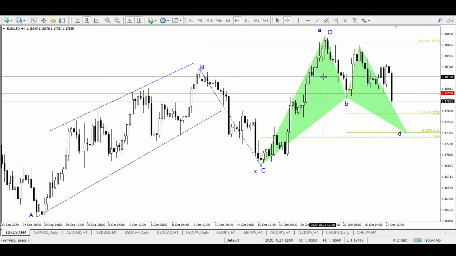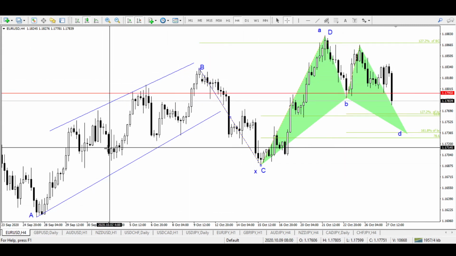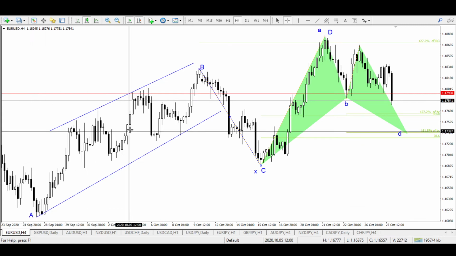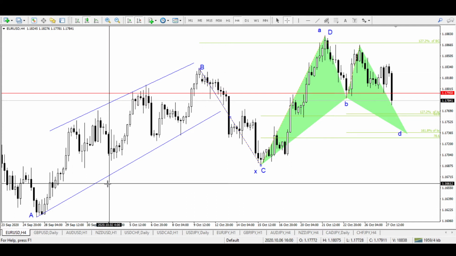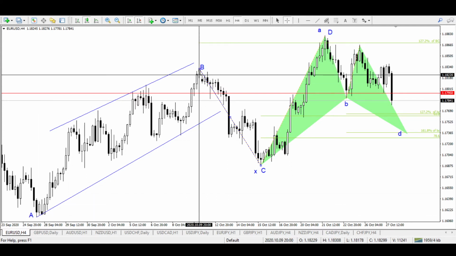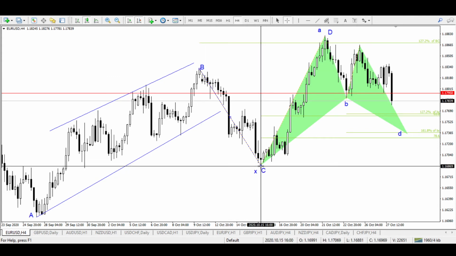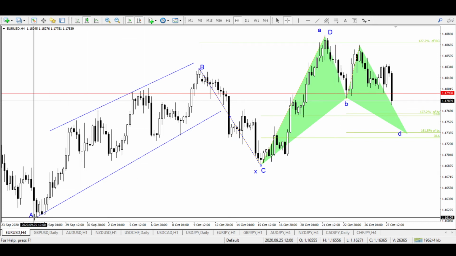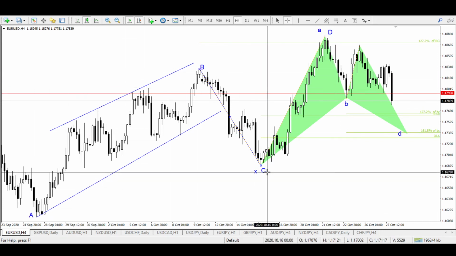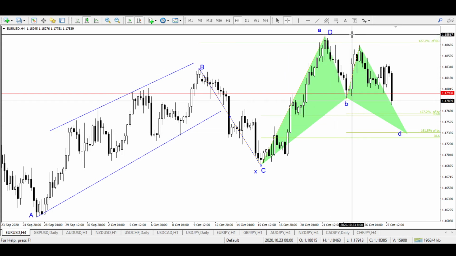The point I'm trying to make is that this whole movement from this point to this point, which was a three drive, will now be considered a single leg, or a single drive from A to B. Then the retracement will be considered capital B to capital C, and then from capital C to this capital D. So this will be a B, C, D movement, and this ABCD was completed